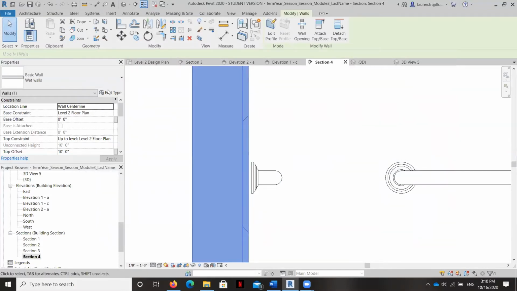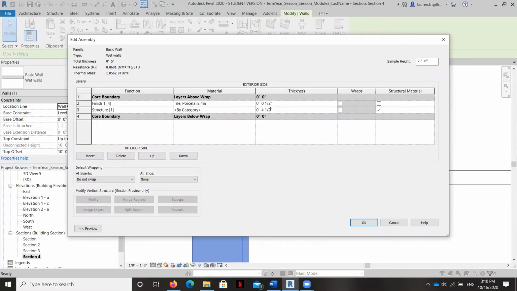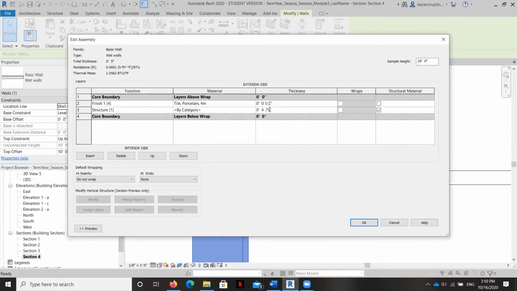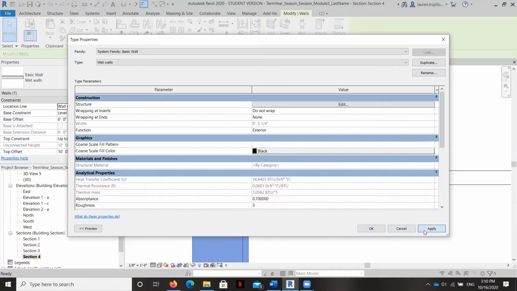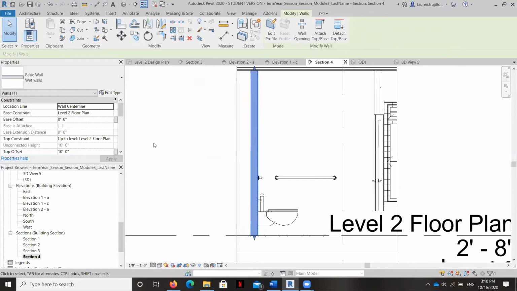Let's get it just, edit it just a little bit more. Okay, that's close enough for us.